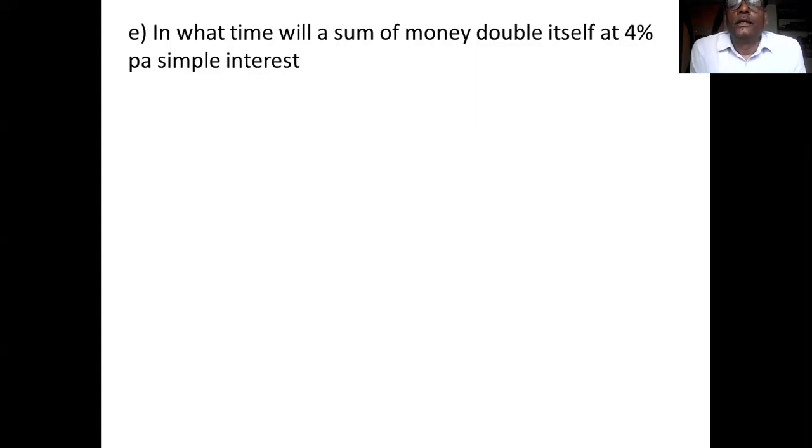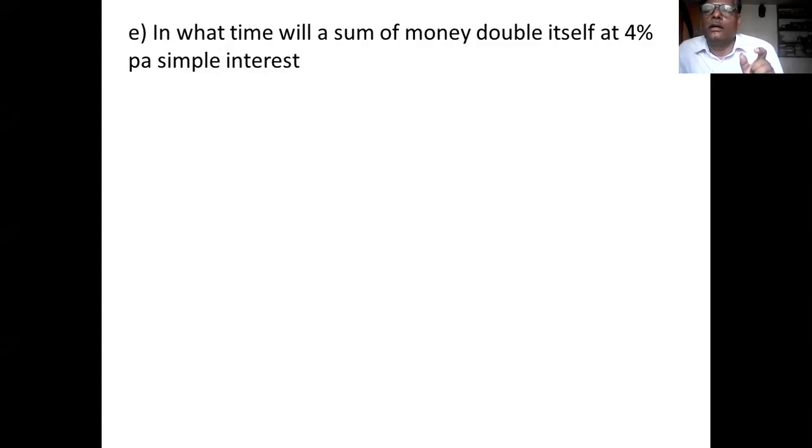Suppose you deposit 100 rupees in a bank, it will double. It will double means how many rupees it becomes? Double means what amount? 200 is the double amount. What does the double indicate, what does it include? The double amount includes principal and interest. Is it?